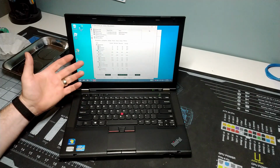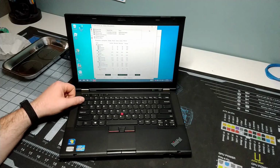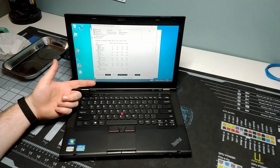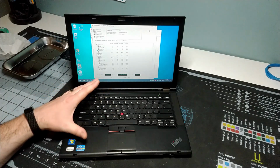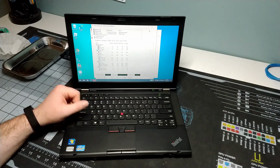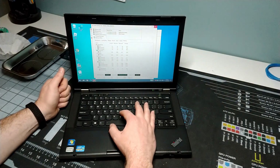And while this was here, I figured, hey, might as well show it off, right? So we can take a look at it and catalog it. We've done a T410, we've done a T420, so why not do a T430 as well? We get all three of these, this great line of ThinkPads from the Core i first, second, and third generation processors. All right, so I'm going to end the stability test here,